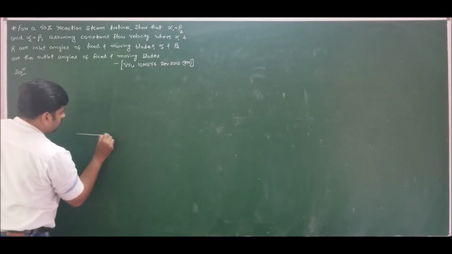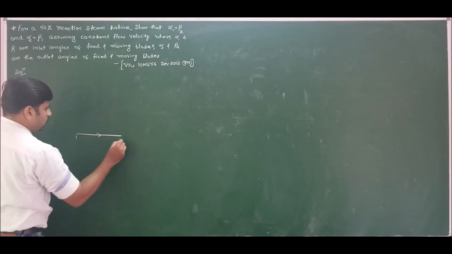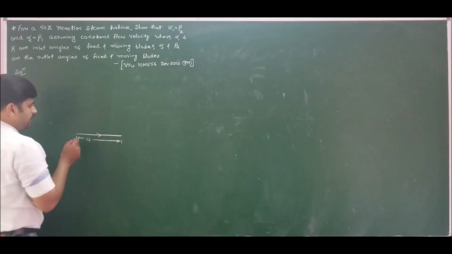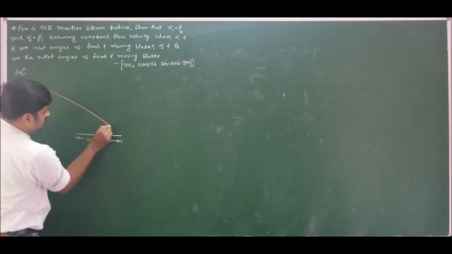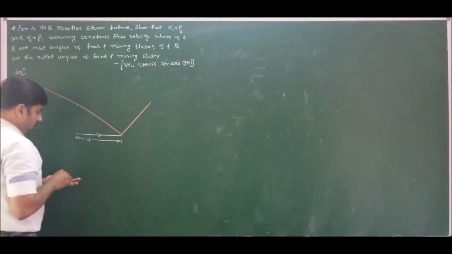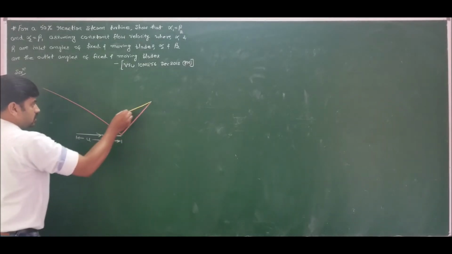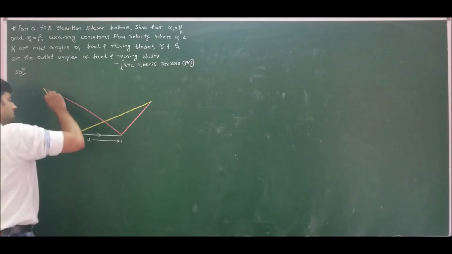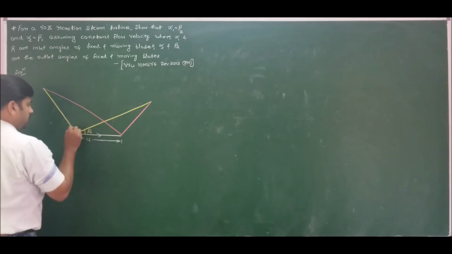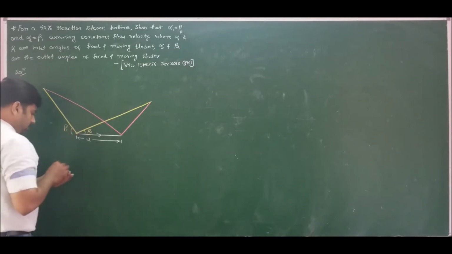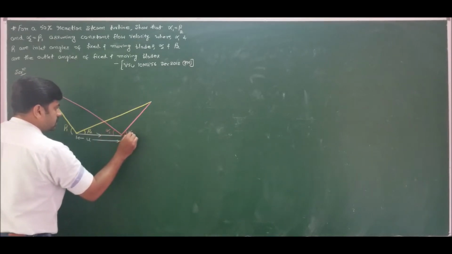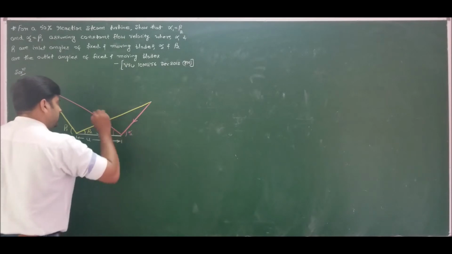If I recall, we have the common base U, and we will be having V1 and V2. Similarly, VR2 and VR1. Angle made by VR2 is beta 2, angle made by VR1 is beta 1, angle made by V1 is alpha 1, angle made by V2 is alpha 2. This you people already know.